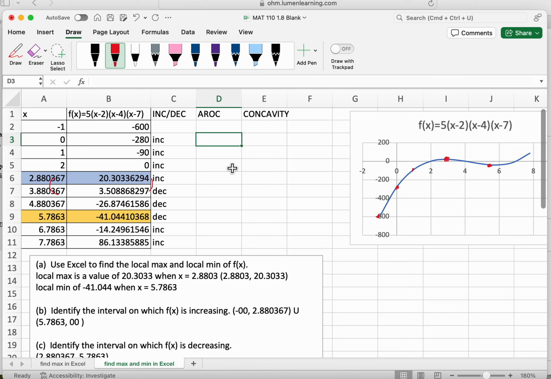So here, if I do average rate of change, this is equal to that minus that divided by my x values, x2 minus x1. If I copy that down, I'm looking at how is my function changing. So between x